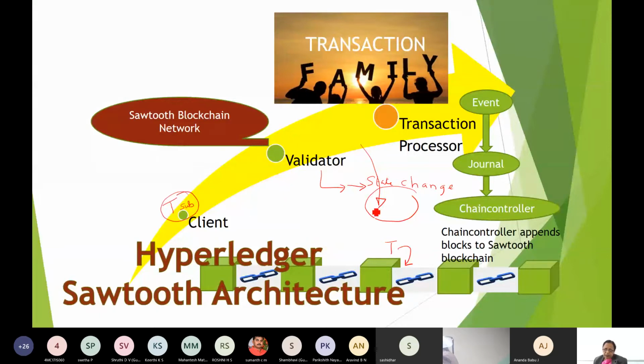Once the state change happens, this transaction goes through all this process, whatever we have shown here, and it links, or it is updated, in one of the blockchains, in terms of batches, in case of this one here.